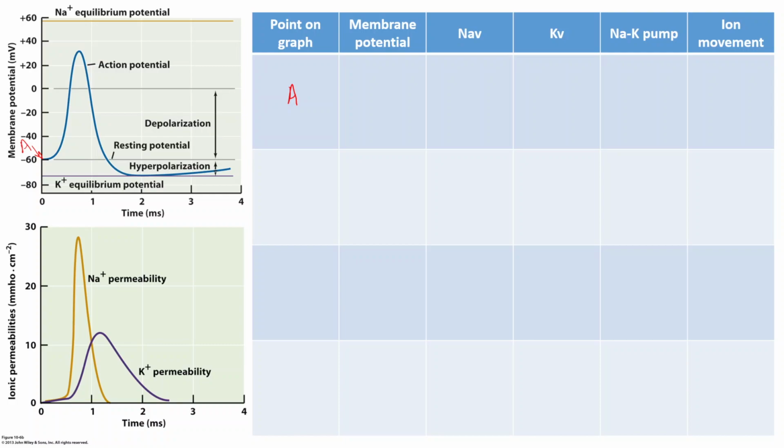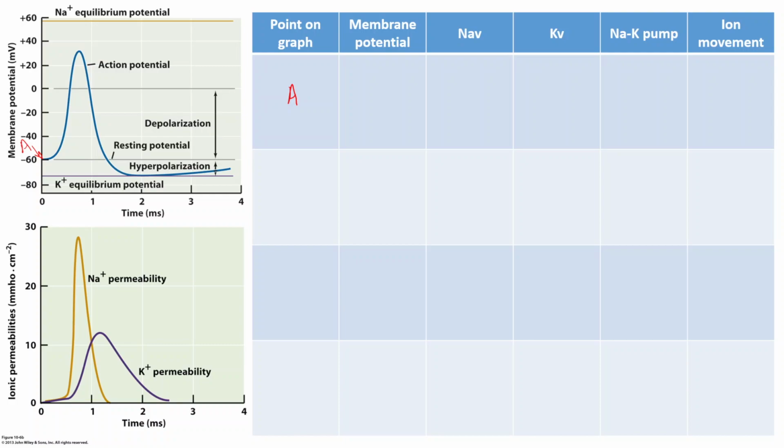So let's start thinking about each of these different components. What is the membrane potential of the cell, the sodium and potassium voltage gated channels, as well as the sodium potassium pump, whether they're open or closed. And then let's think about what ions are moving and in which direction. So for point A, right at the beginning there,